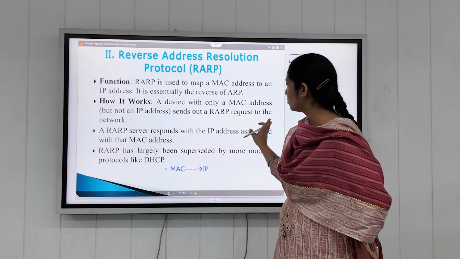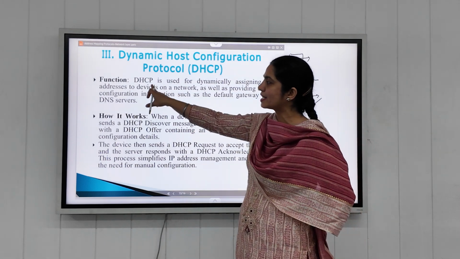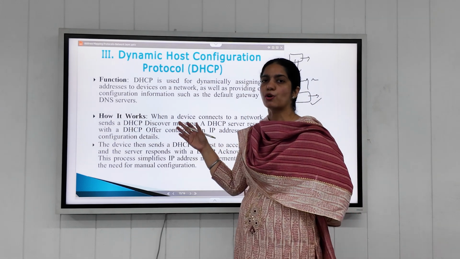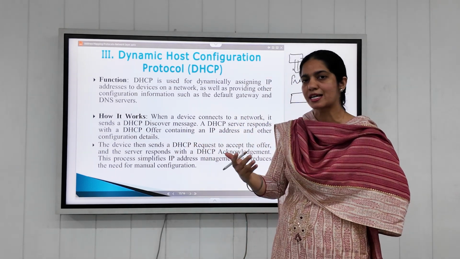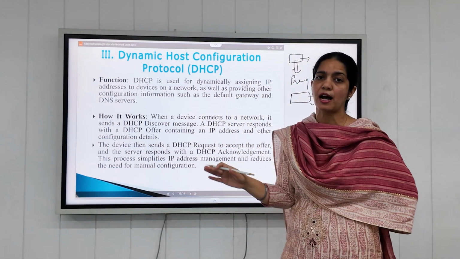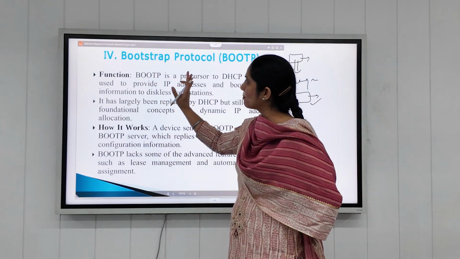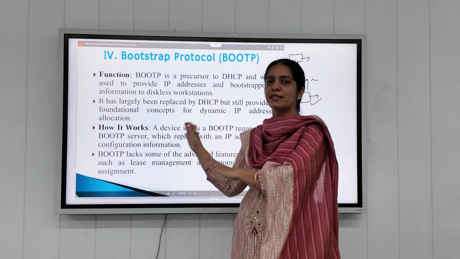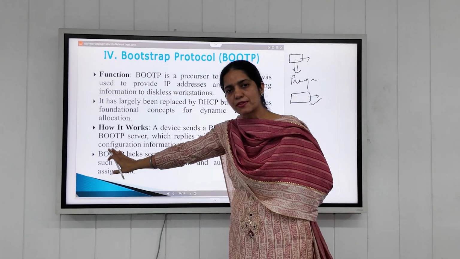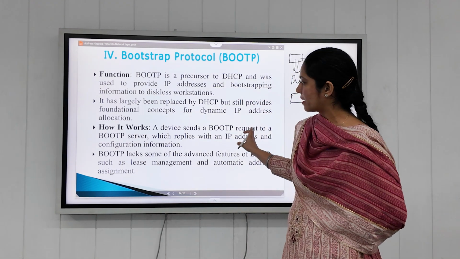That's why we are using the Bootstrap protocol and the DHCP protocol. DHCP is the Dynamic Host Configuration Protocol. This protocol sends the IP addresses automatically. It dynamically assigns the IP addresses to the devices, and the whole process which was done with RARP, the same procedure DHCP follows. The Bootstrap protocol also performs the same function which RARP was doing. Again the Bootstrap server sends the requested reply and returns the IP address.